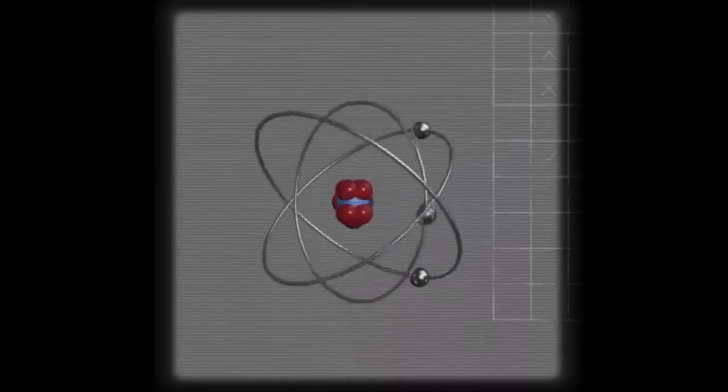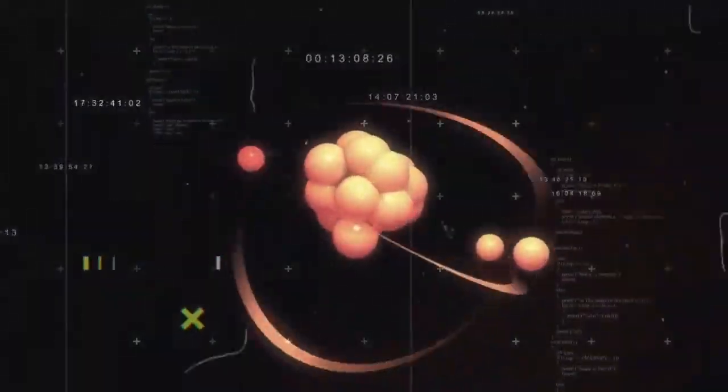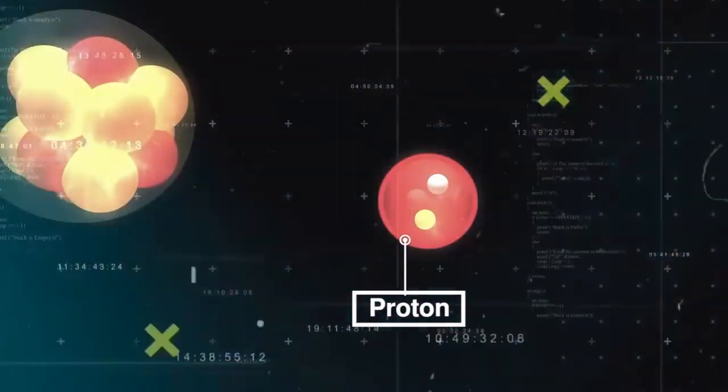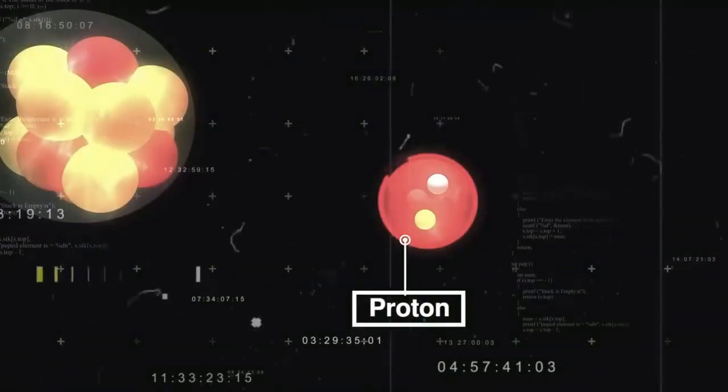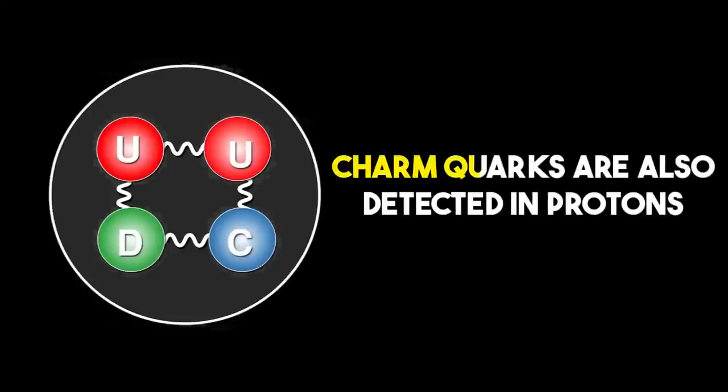Till this point, the atomic model we have learned about in schools and colleges has been like this. However, recent discoveries supported by artificial intelligence have proven that the fundamental understanding of proton structure in atoms is wrong. Based on their calculations, scientists have found that in addition to up and down quarks, charm quarks are also detected